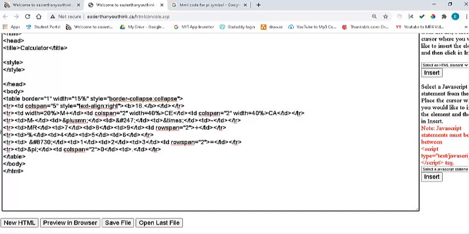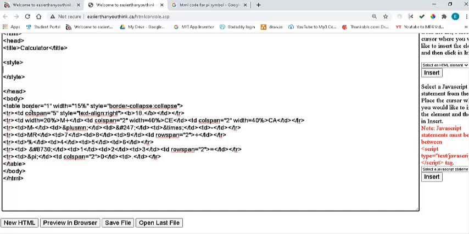Since I'm going to define this style for the table, I'm going to say table comma TD. So whatever property I'm going to define for table and TD is going to affect all the elements